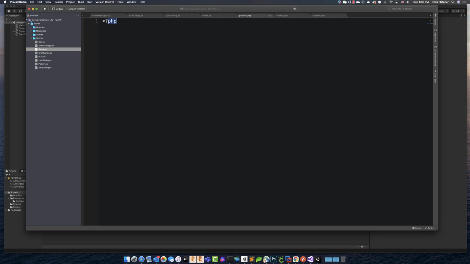In order for a file to know that it's PHP, or a server to know that a file is a PHP file, it has to have this less than question mark PHP and question mark greater than in the file. Okay, so this is the beginning of PHP processing. This is the end of PHP processing. So we're going to do that to all the files. So I'm just going to copy this and paste it into the others, saving along the way. All right. So for get files,